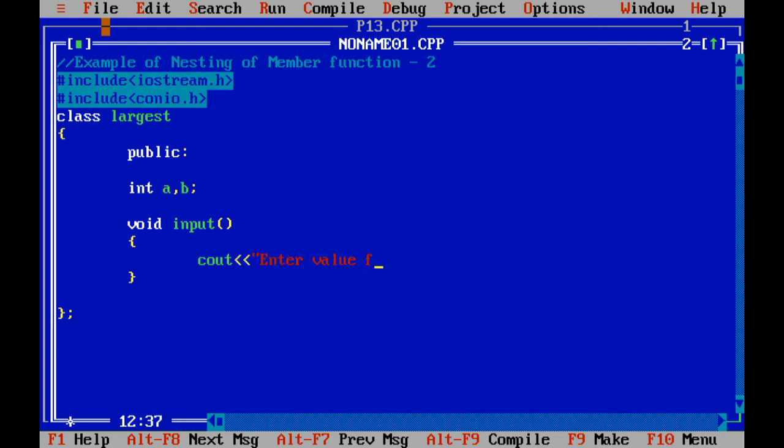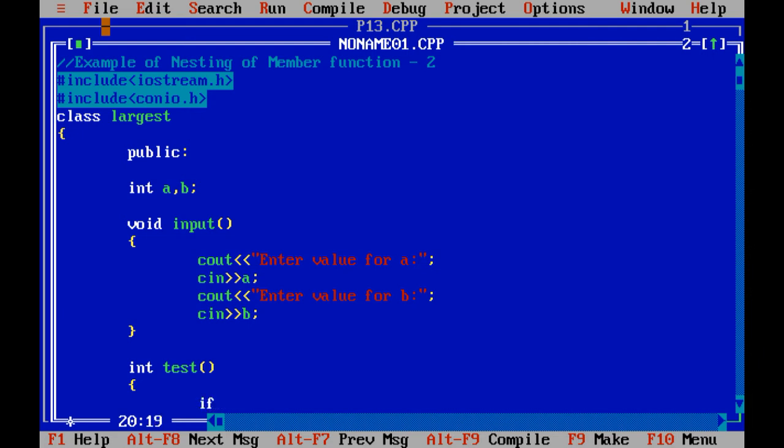So cout enter value for a, cin a, similarly cout enter value for b, cin b. Right now I just want to develop one new UDF, integer test.